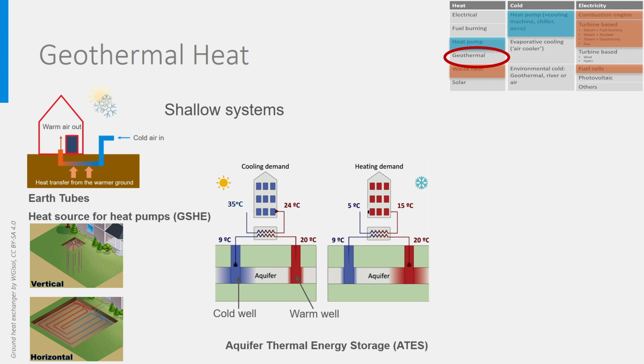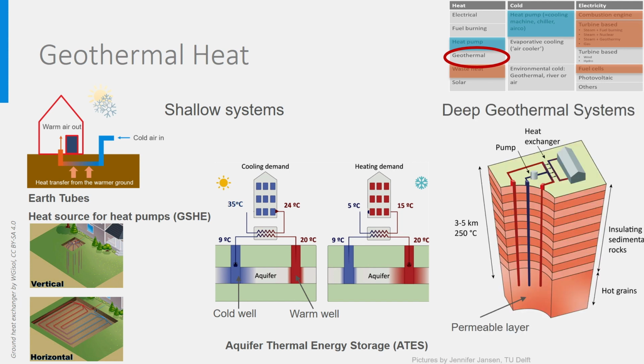And finally, we have deep geothermal energy, which is thermal energy generated in the core of Earth. Just like for the aquifer thermal storage, all water or steam that is extracted should be refilled in order to maintain the geological balance and to not induce pressure differences that could lead to earthquakes. In the picture, you see such a geothermal plant with two wells to extract warm water and one to re-inject it. In the heat exchanger above the ground, the hot groundwater or steam gives its heat to a hot water distribution pipe connected to district heating.